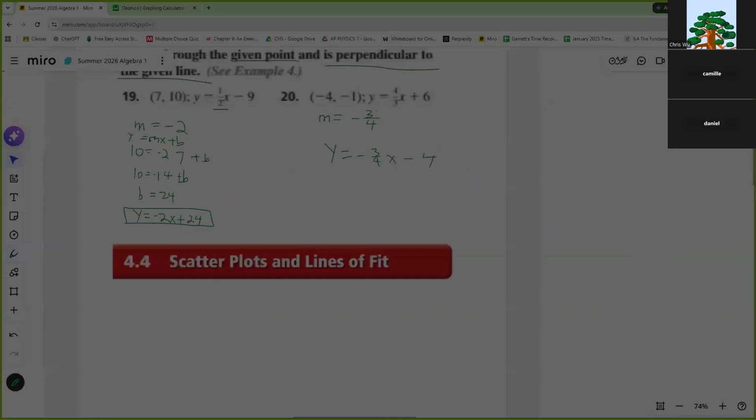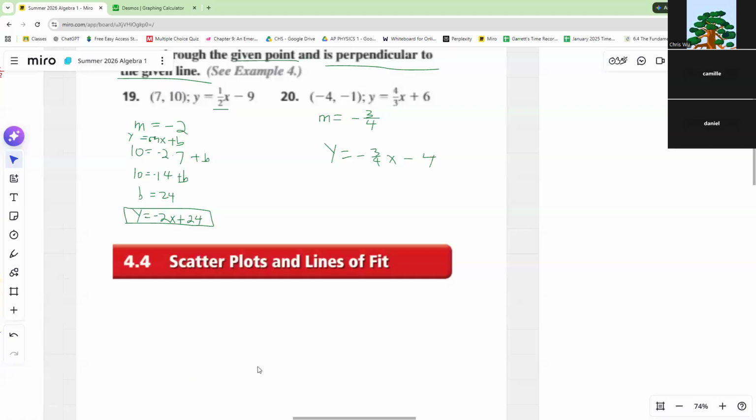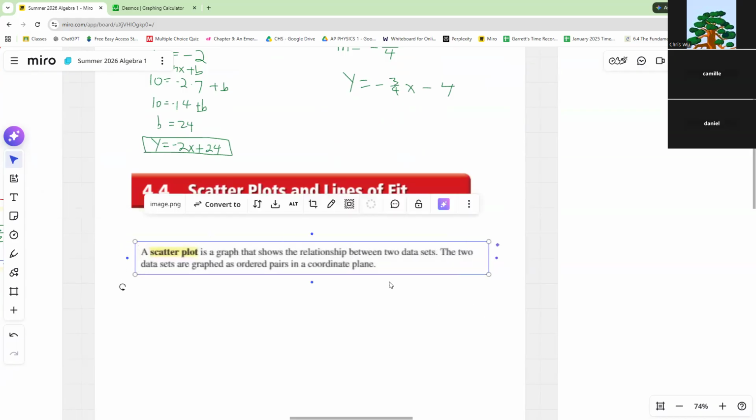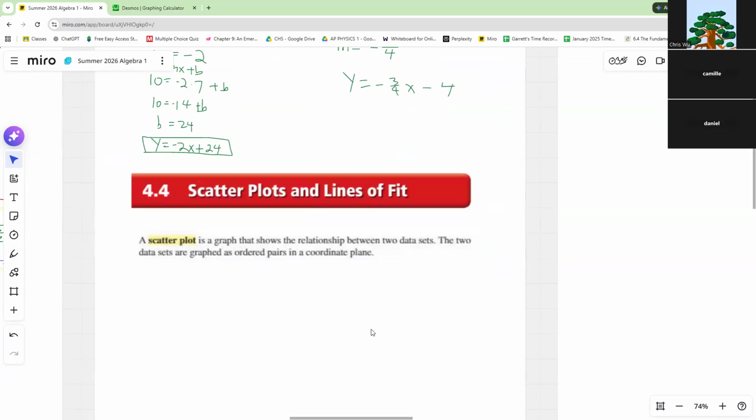So first of all, what is a scatter plot? What does that sound like? It sounds like something scattered. Yeah, that is exactly what it is. We're going to scatter a bunch of points that relate to data and put them there, and then we try to see how they are distributed. So a scatter plot is a graph that shows the relationship between two data sets. Okay, and for example,